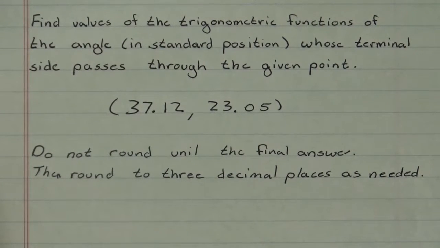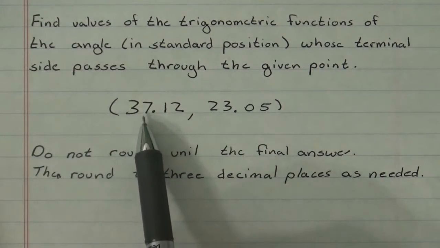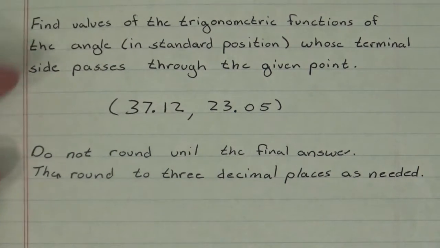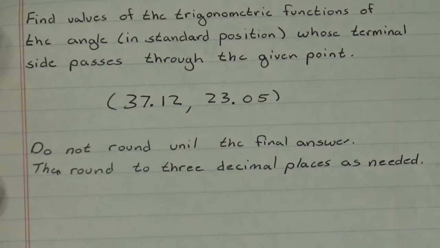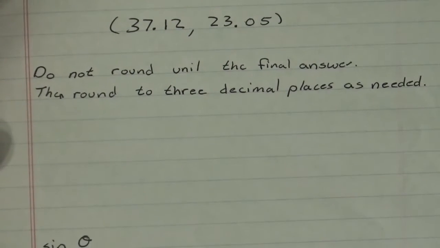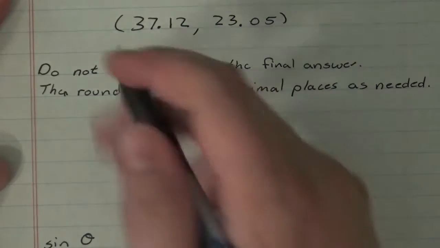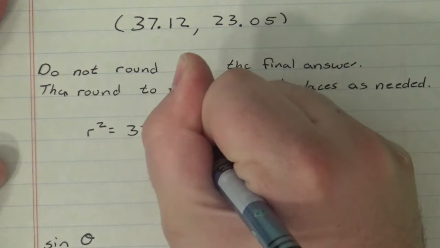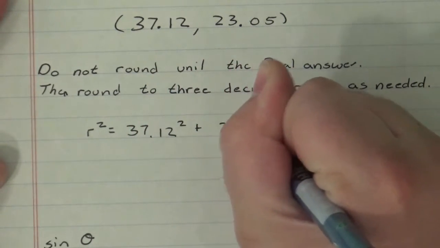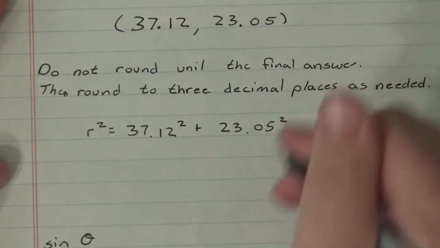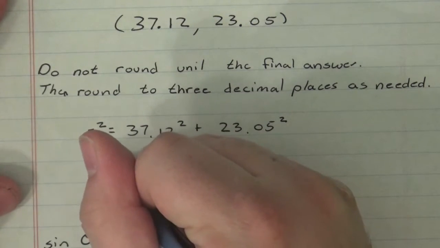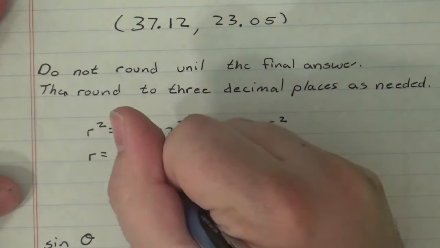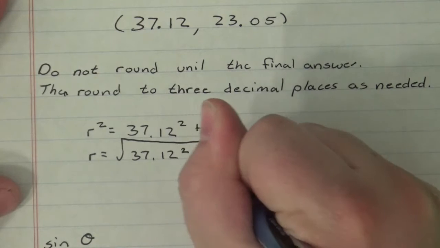Alright, so in this problem we have 37.12 and 23.05 as our x and y values. We're going to use this and we need to calculate our r value. So let's go ahead and do that. We know that r squared is equal to 37.12 squared plus 23.05 squared, and ultimately what we're going to end up doing is we're going to say that r is equal to the square root of 37.12 squared plus